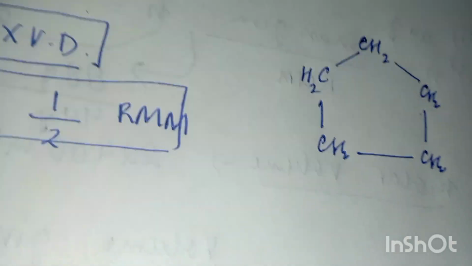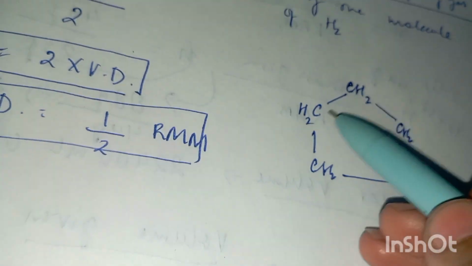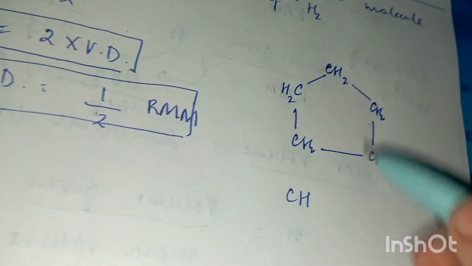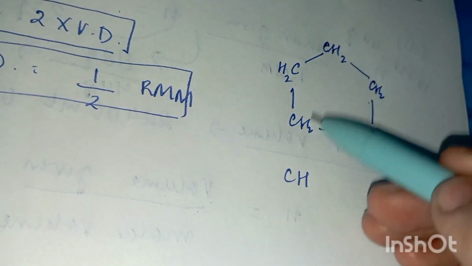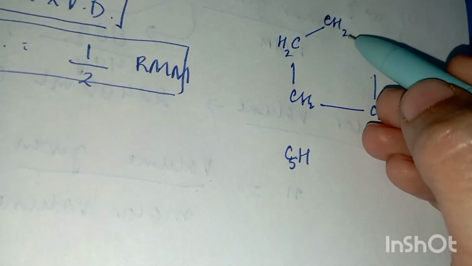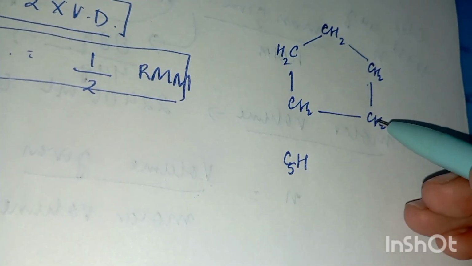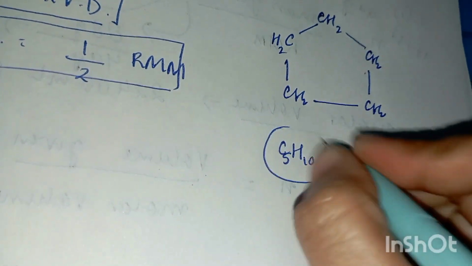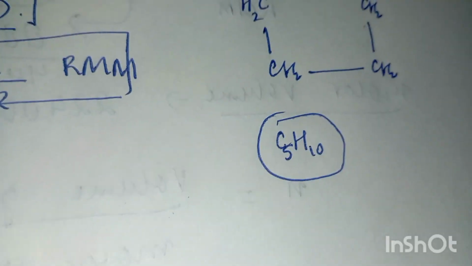So first you have to write the molecular formula. Count the number of carbons, the basic elements present here are carbon and hydrogen. Count the number of carbons: 1 2 3 4 5. So 5 carbon atoms are there, and now count the number of hydrogen atoms: 2 4 5 6 7 8 9 10. So its molecular formula is C5H10. So the percentage of carbon in C5H10